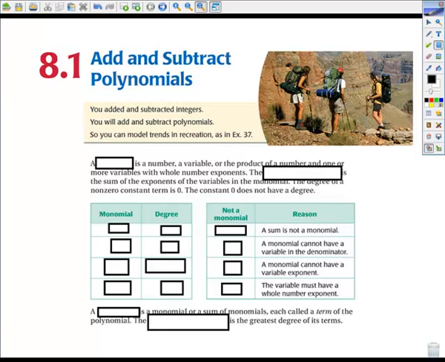All right, lesson 8.1 is adding and subtracting polynomials. And there are a whole lot of definitions in here, so buckle up and let's get ready. So first we have